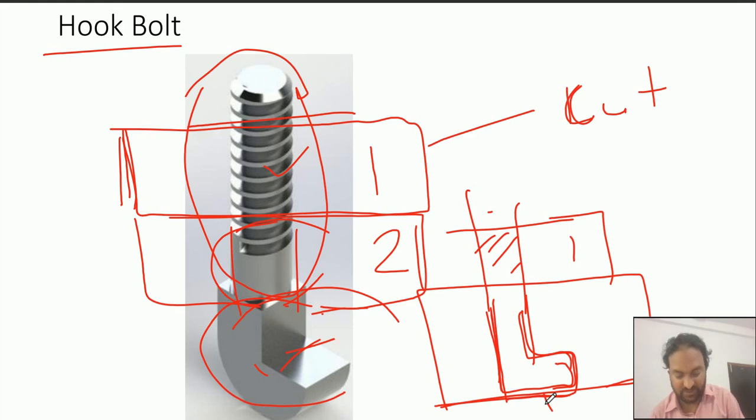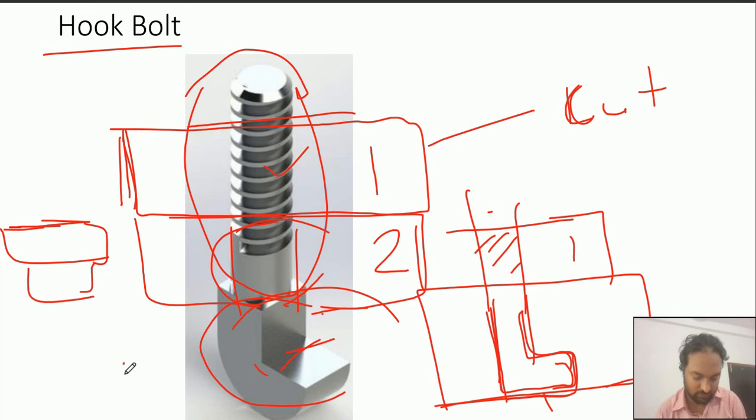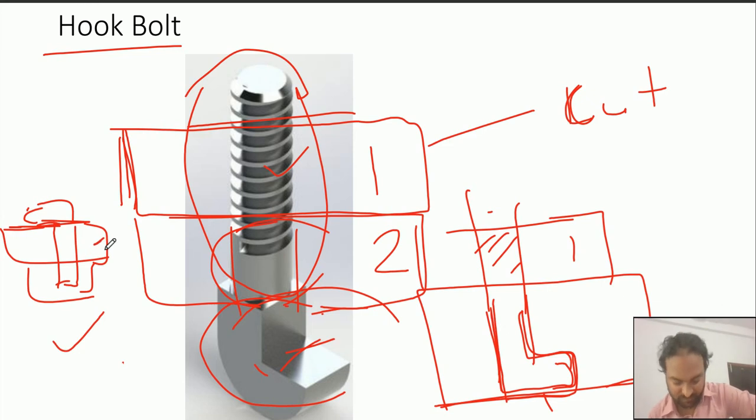Otherwise we can also show the hook from the top, hook head at the top. Okay, like this, the hook is going downward. So if we are going to use this kind of hook bolt, the top one that is closer to the hook head, only there we will cut the hole and make the internal thread so that the bolt can lock in that internal thread.